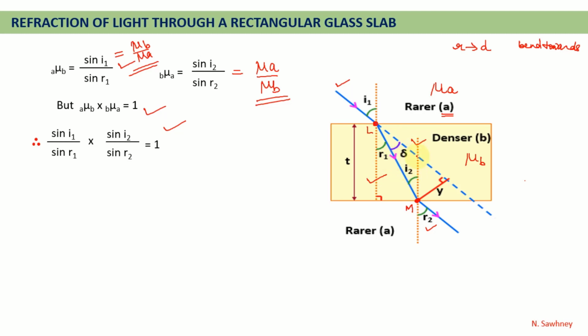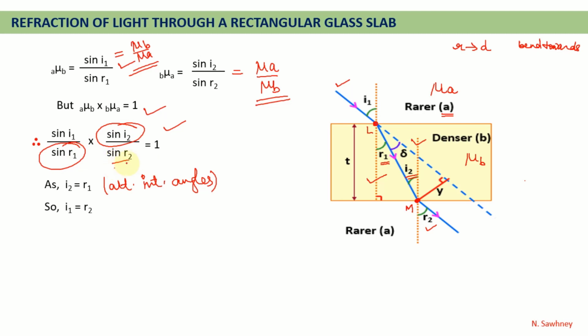If both the lines are parallel to each other, this r1 should be equal to i2 because these are alternate interior angles. If these two are equal, that means here in the above expression, sin i2 upon sin r1,